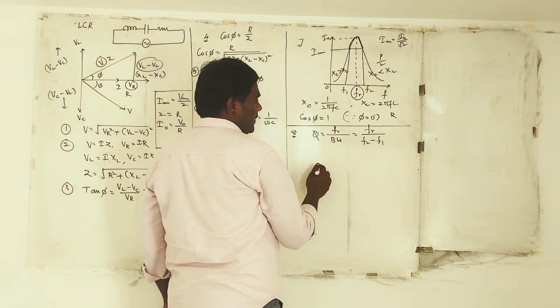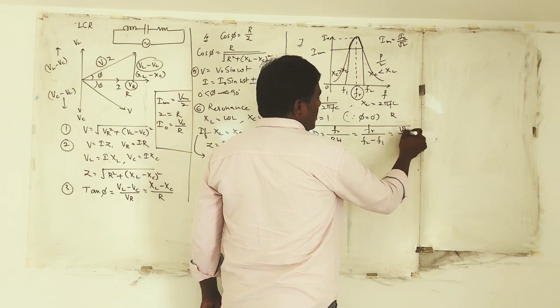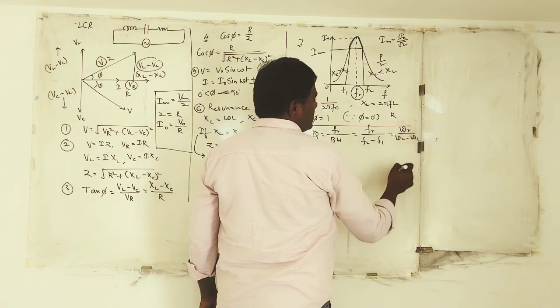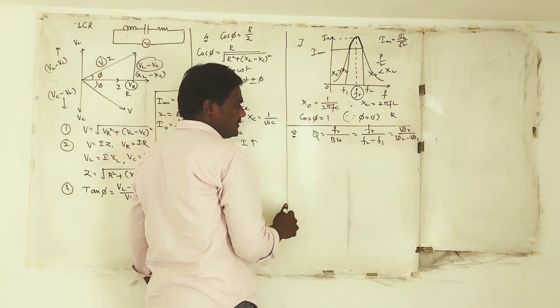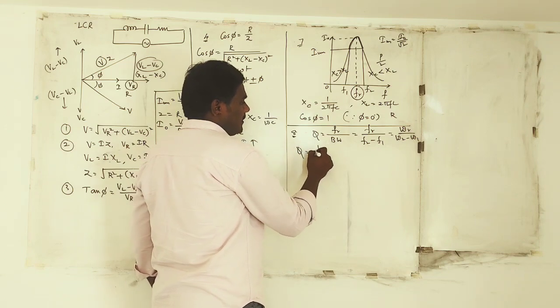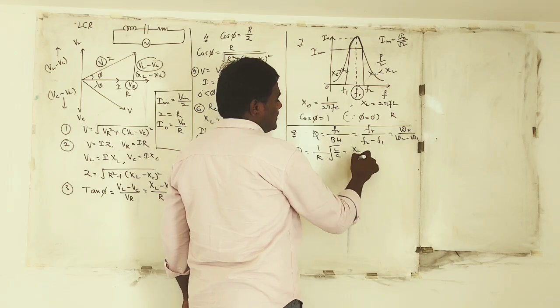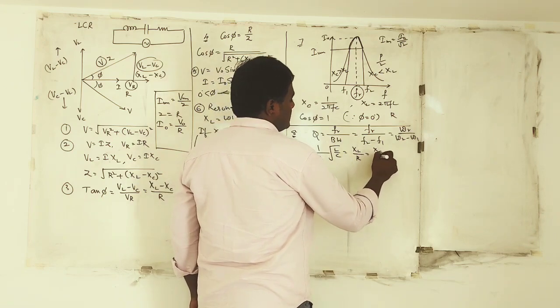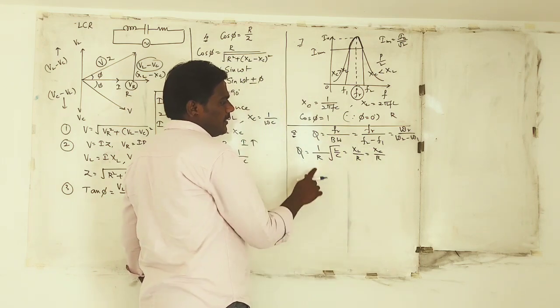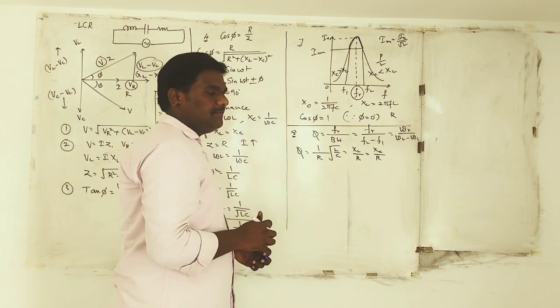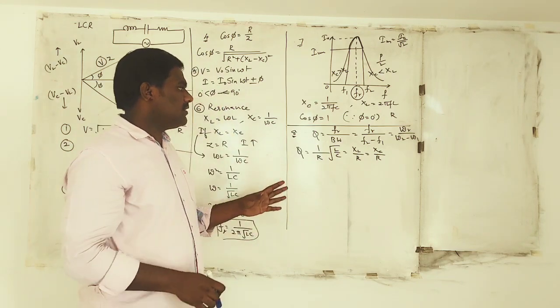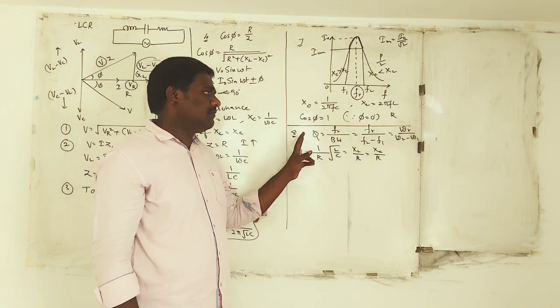So this is the first formula. You can also write this as omega r divided by omega 2 minus omega 1, in terms of angular frequencies. Other formulas of Q factor I am writing here: 1 by R root L by C, or you can take it as XL by R, or XC by R. All are the same formulas. Make sure it is a dimensionless quantity. Now if they ask about quality factor, you can use either of the formulas.